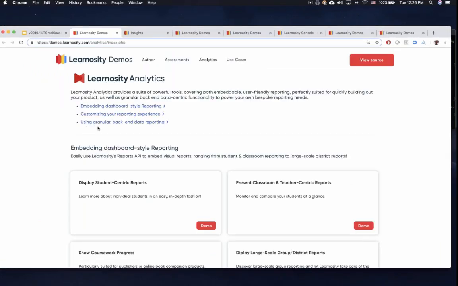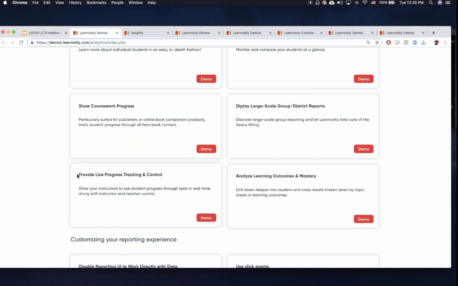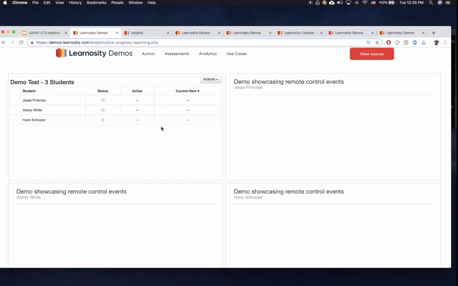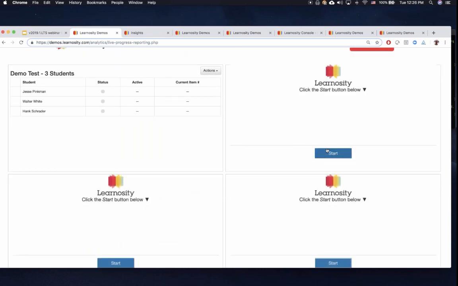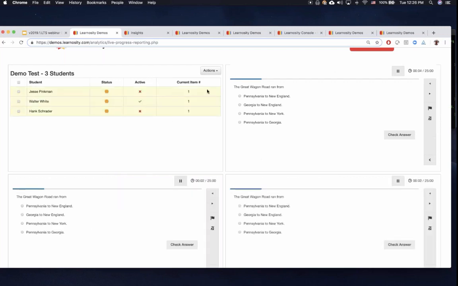For any of you who don't know this report type and this kind of experience, it's the live progress tracking control in our demo site. In this case, this report on the left-hand side is our teacher report, and these are 3 students taking tests. So as your students in the classroom go through and start taking tests and start their assessment, triggers are sent over to the teacher as to where they are within the assessment, whether they're focused on it,